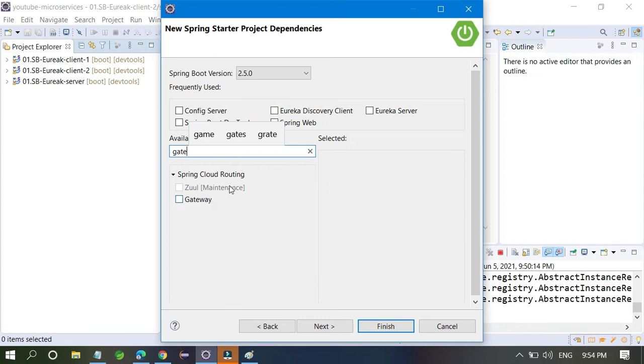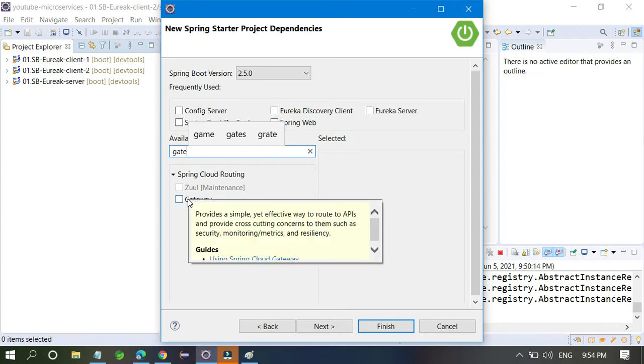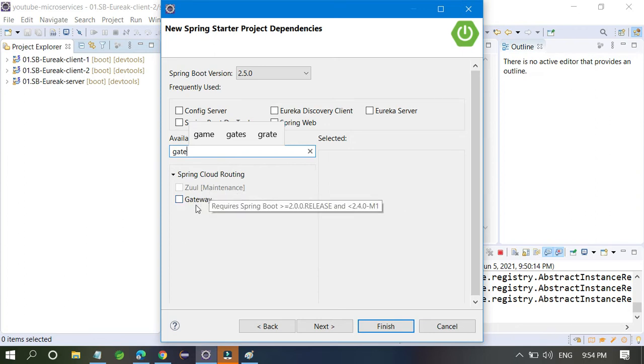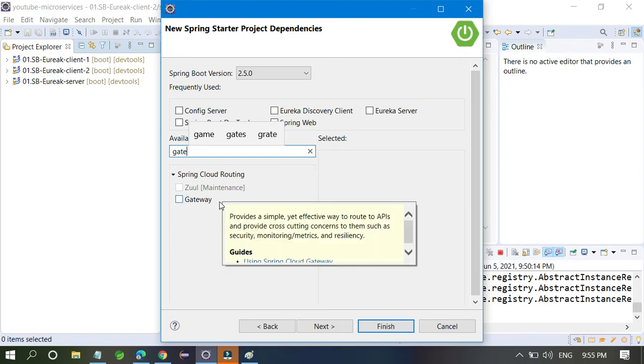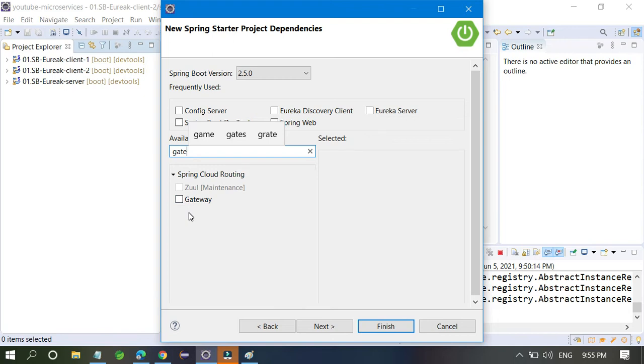In real time everyone is using Gateway, not Zuul, and in my project I am using Gateway. But Zuul is also fine. I will cover everything in the next video, but right now I am going to use Zuul. It is in maintenance right now, so I have to lower my version to 2.3.11.